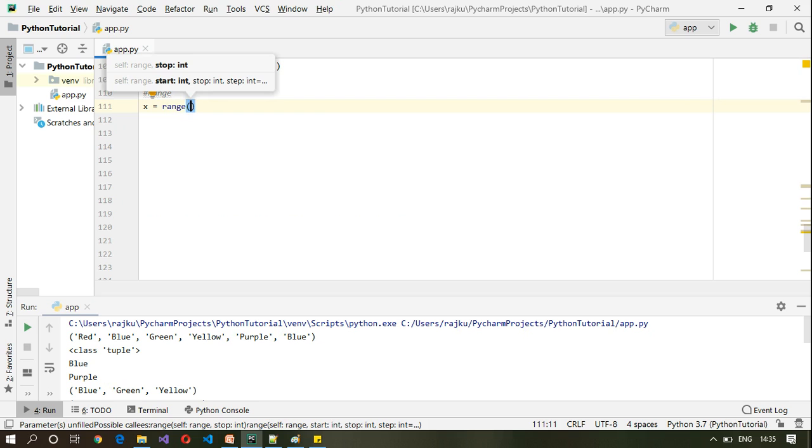So if you look at the IntelliSense here, a range method contains a start point and the stop point. Both are taking integers, and there is a step value which also takes an integer. Okay, so let us try to use only the start point now, and let us try to use only the stop point. So let me see. If I say a range of 6, then